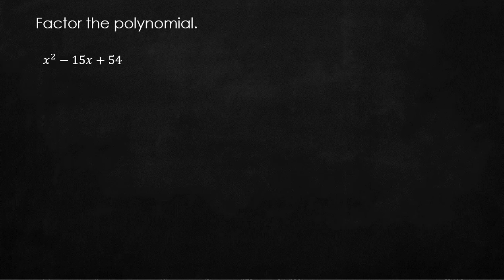All right, so we're looking for factors of 54. So two numbers, when they multiply together, they make 54. And when they add, and I know it's add because of this sign, so their sum has to be negative 15. So to factor this apart,